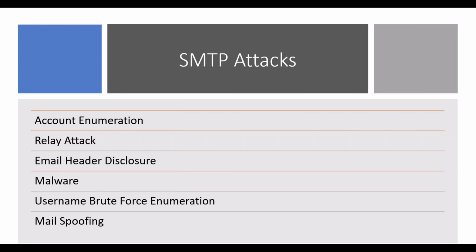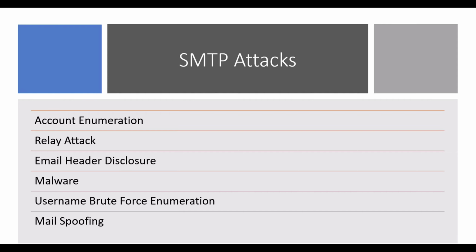When we talk about account enumeration, basically we have to identify which users exist on the SMTP server. The users can be identified by using telnet or netcat, and there are some SMTP commands that will help us identify this information. VRFY is the command used for validating a user, and RCPT and EXPN are also there. These are some of the commands used to identify information when we talk about account enumeration.